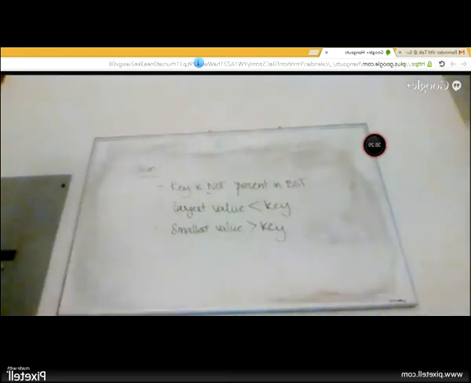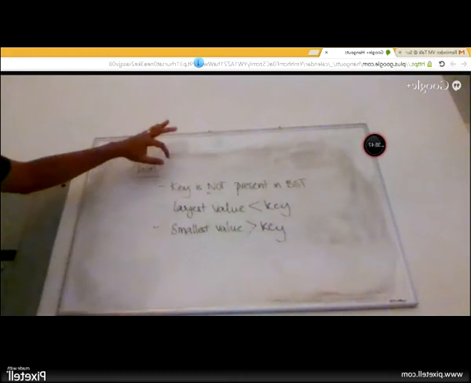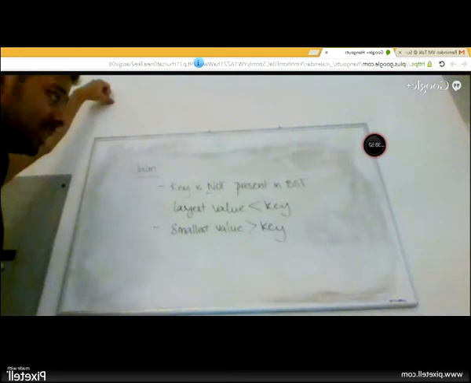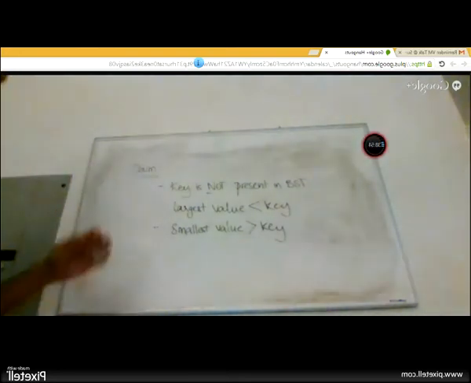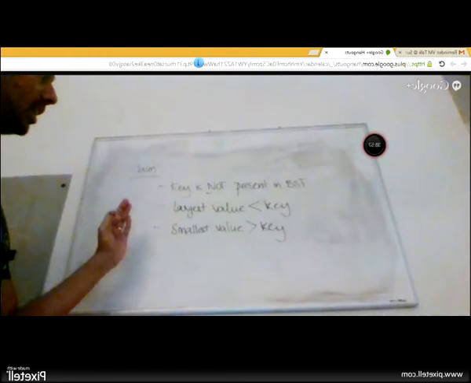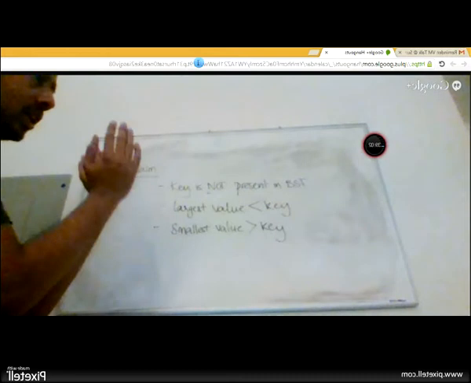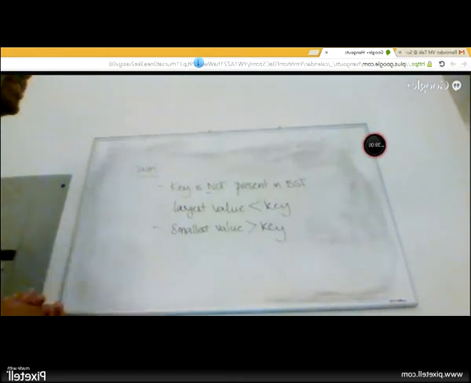Is this true or not? Again, if you are sure that the key is not present in a binary search tree, while searching for this key, you are going to access a node which happens to be just before the key and happens to be just after the key, if at all there was a case that the key was present in a binary search tree.